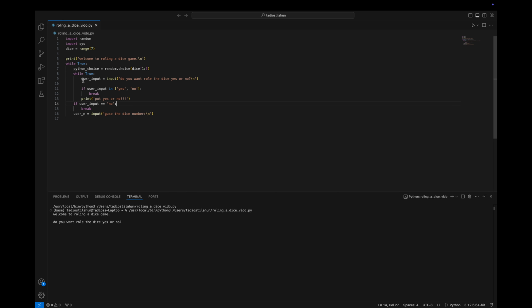Then we ask the user if he wants to roll a dice or not, and if he inputs something other than yes or no, we ask him again. If he says no, we break this loop,